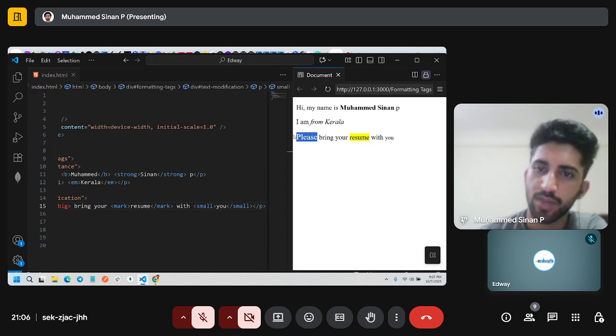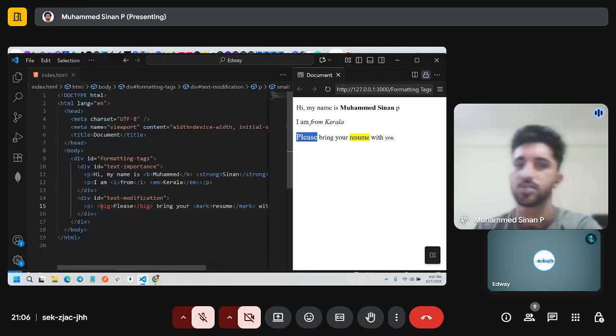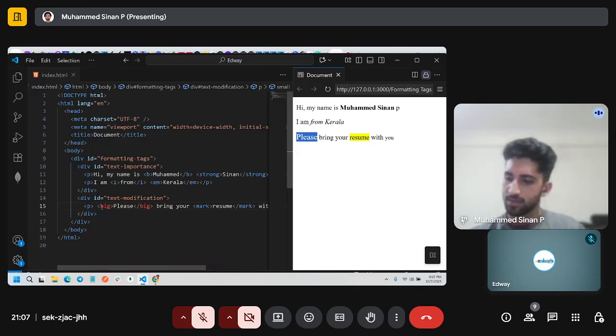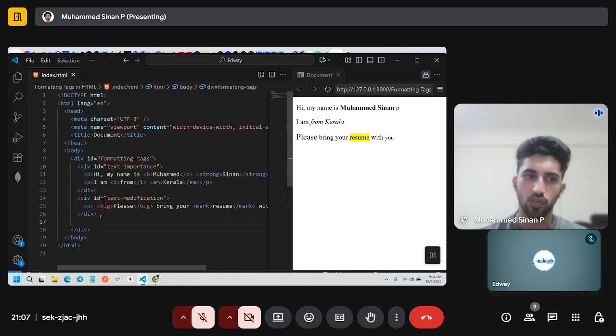And this word becomes comparatively bigger. So those are the three formatting tags used for text modification. So that's the text modification part, and I hope we can move to the next part.